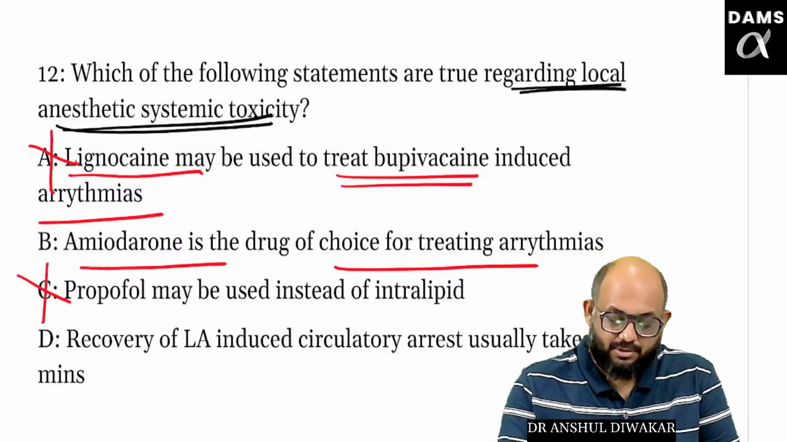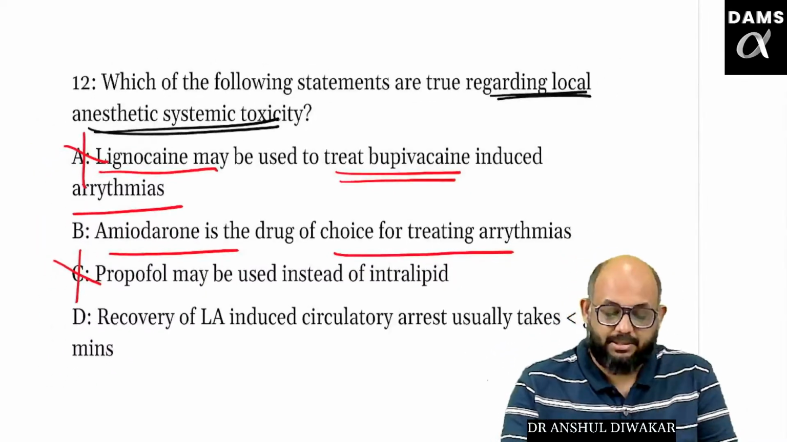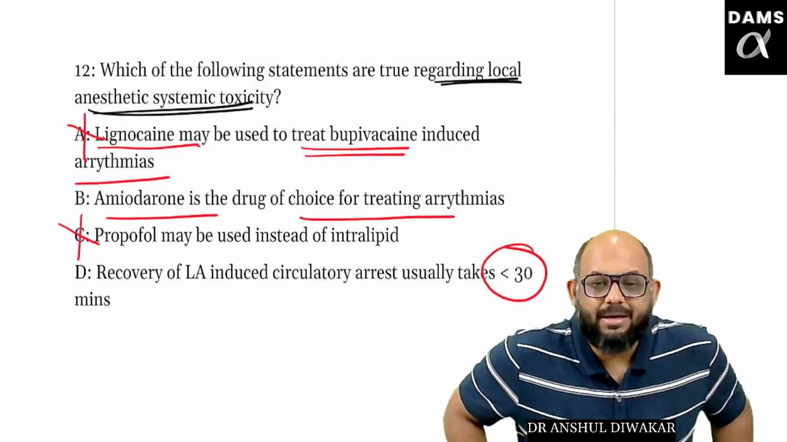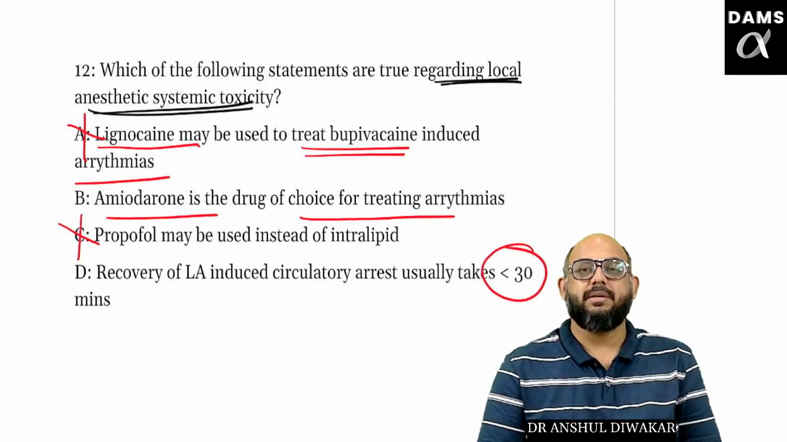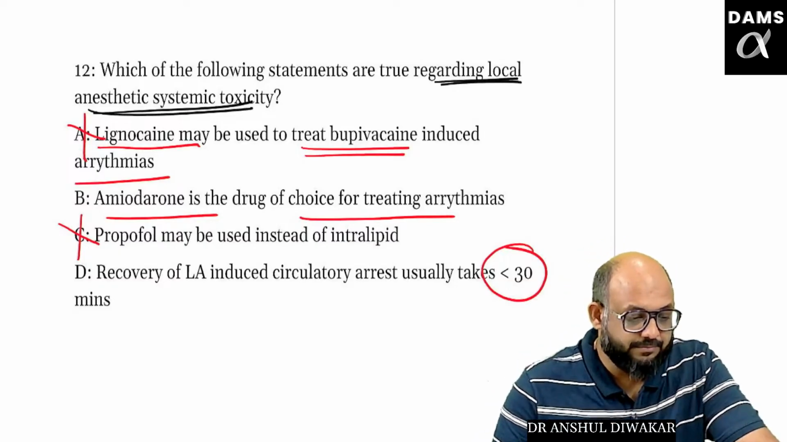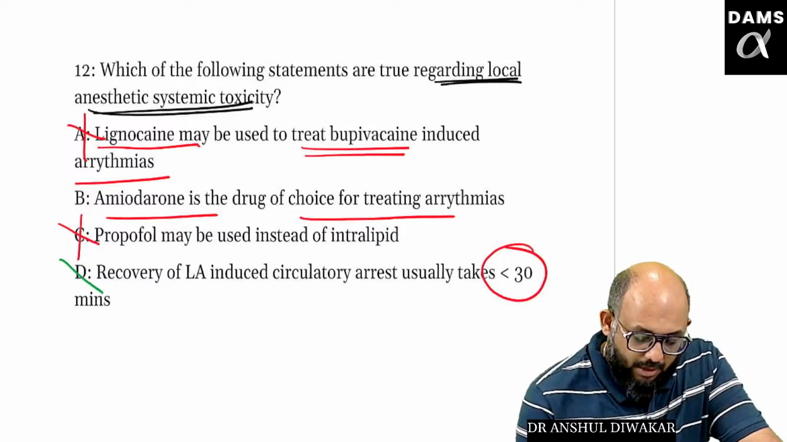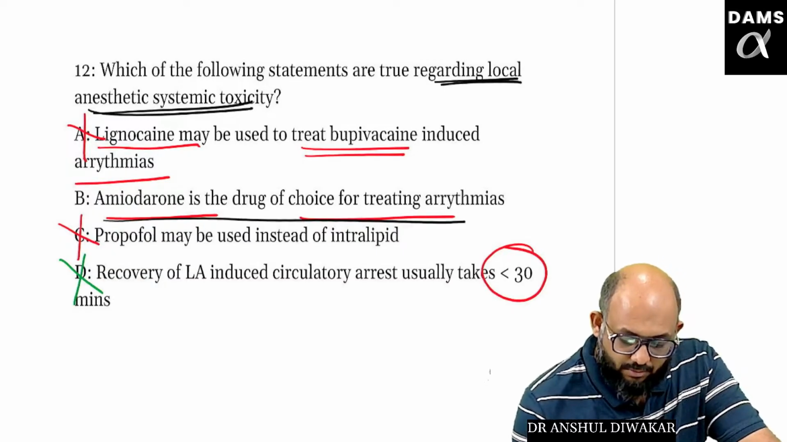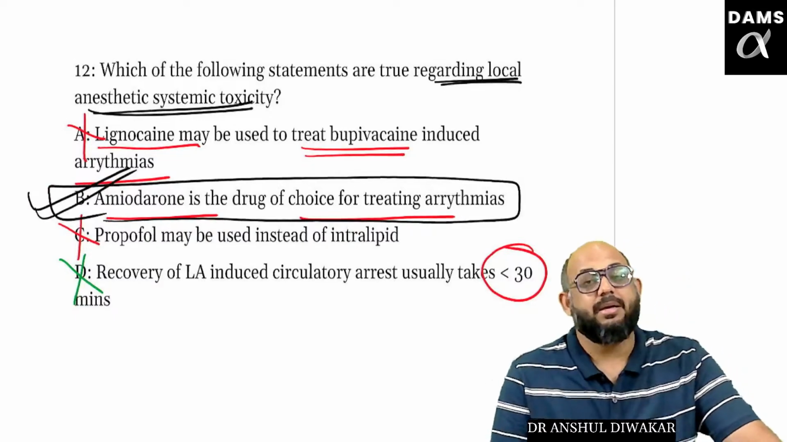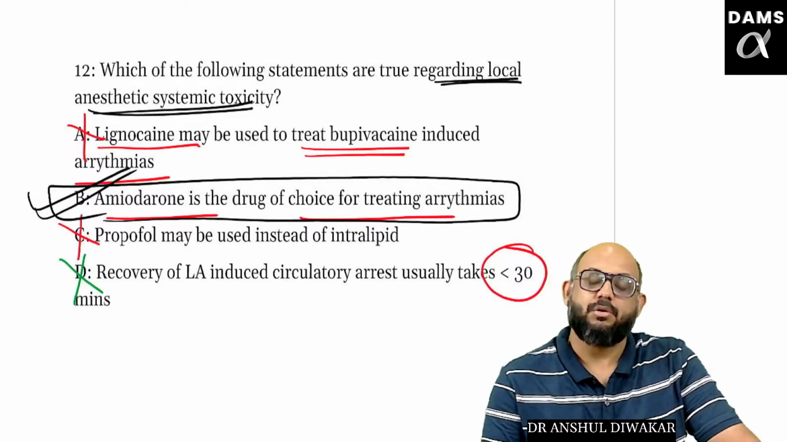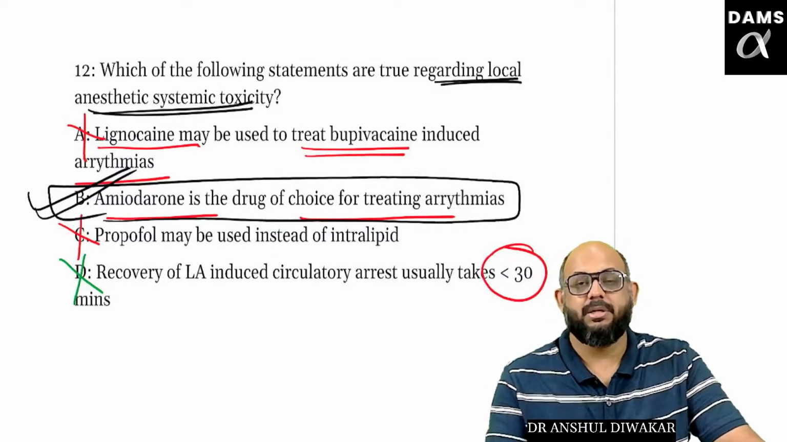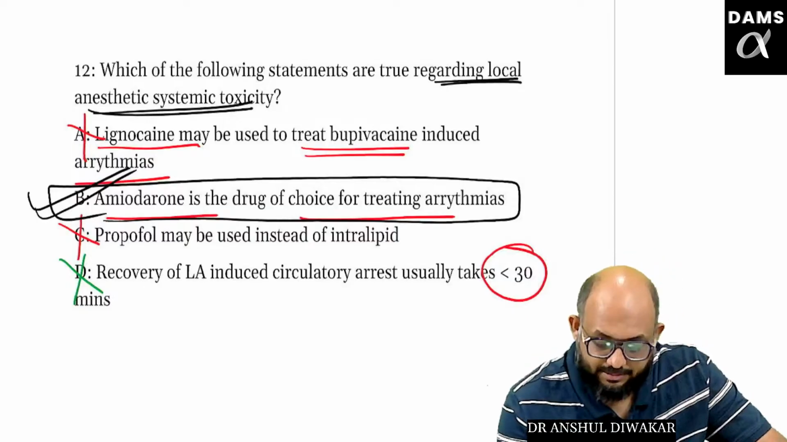Recovery of LA-induced circulatory arrest usually takes less than 30 minutes. Less than 30 minutes would mean it's a recoverable form of toxicity, which it is not. It's a very, very resistant form of toxicity. So then how come amiodarone is the drug of choice? Because when there is cardiac arrest and a shockable rhythm, and you have given epinephrine and still the patient is not reverting, then as per ACLS protocol,